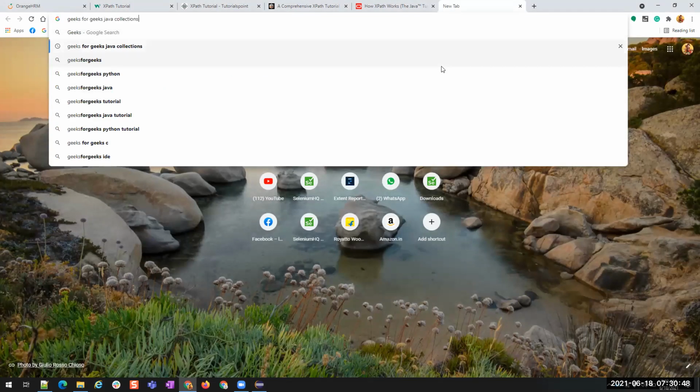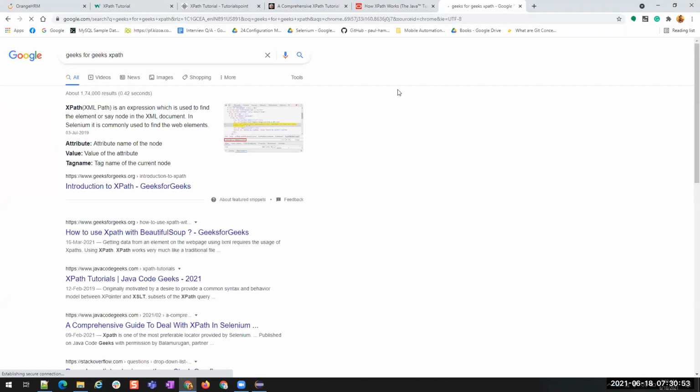But the problem with Geeks for Geeks, let me show you, is that it doesn't have a single article on a single topic. There will be multiple resources working on the same topic, and multiple articles on it. Second, if you know what to learn and what to search for on a particular topic, then Geeks for Geeks is the best site because it has in-depth explanations of everything.